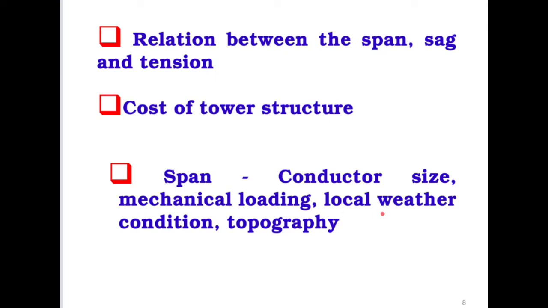The reason is that when we have a longer span, the sag will be more, and as the sag is more, when the wind is blowing over the surface of the conductor, it will swing more and more. If it swings more and more, it can even sometimes touch the other phase. It can even touch another transmission line nearby, because when we run a transmission line corridor, sometimes we run 2-3 parallel systems, carrying a large amount of power, because we often don't get transmission line corridors available for installing transmission lines.